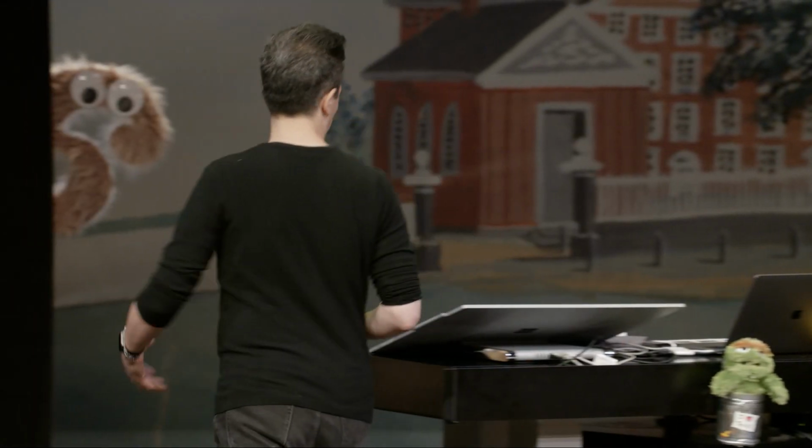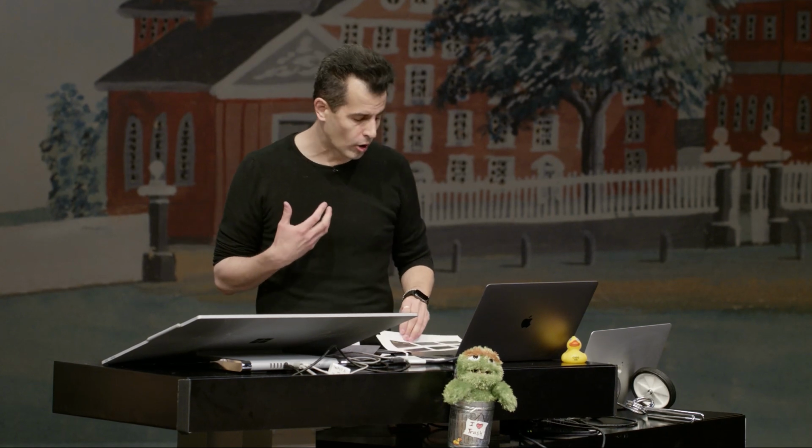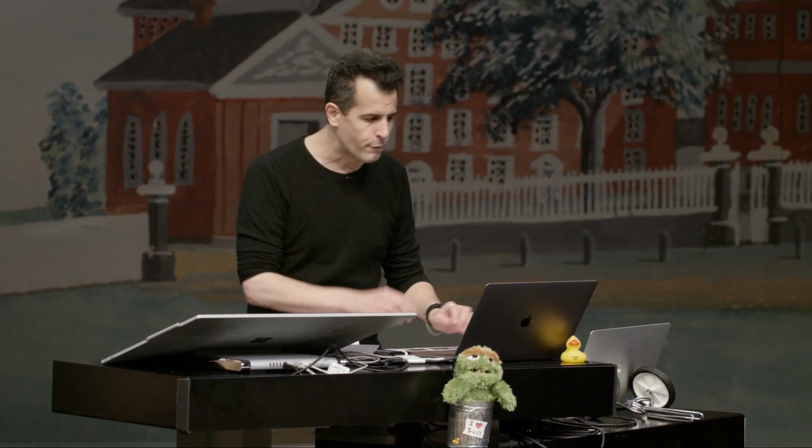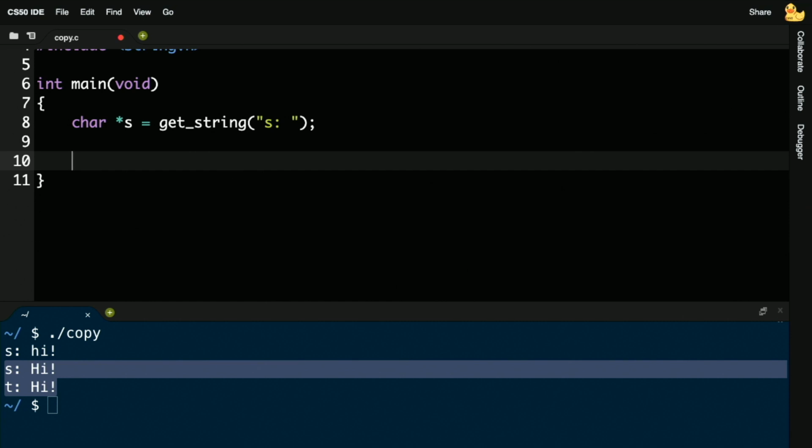So it sounds like more work, but that's, again, what we're going to have to do if we want to accept the fact that these things, S and T, are just addresses. We're going to now have to go and follow those breadcrumbs. So let's go ahead and consider a variant of this program. Let me go ahead here and change this such that I'm still getting a string S. But now let me go ahead and propose exactly that we copy the individual characters.